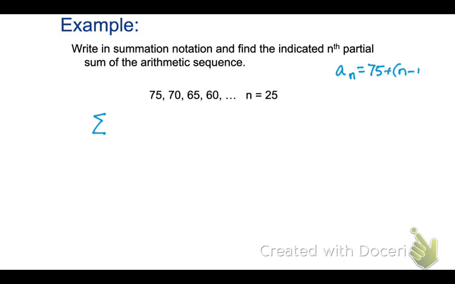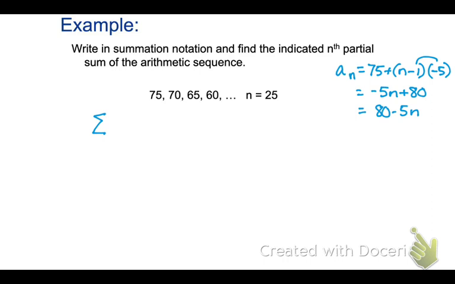Do you guys want to kind of do it on your own? No. d is negative 5. So I get negative 5n plus 80. Yeah. So I would write 80 minus 5n, so I don't lose my negative. And guys, that's just something that I have figured out a long time ago, that if I do that, I don't drop those negatives. I can be more accurate.